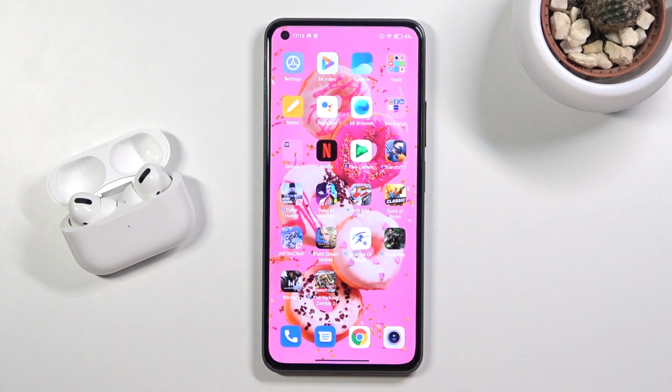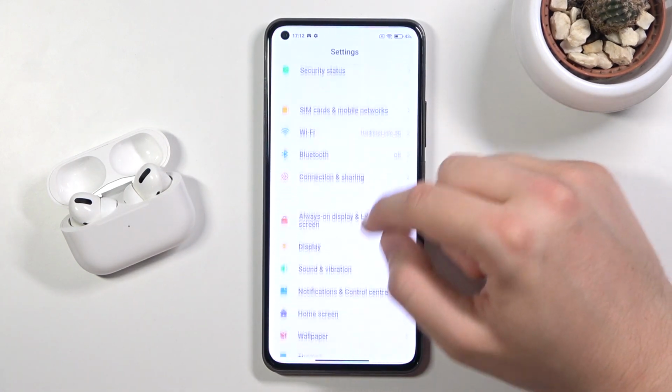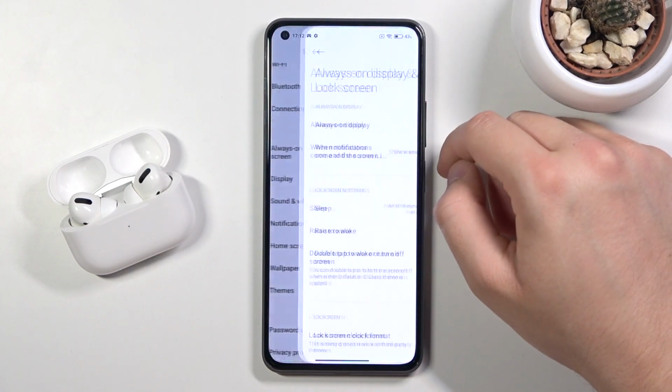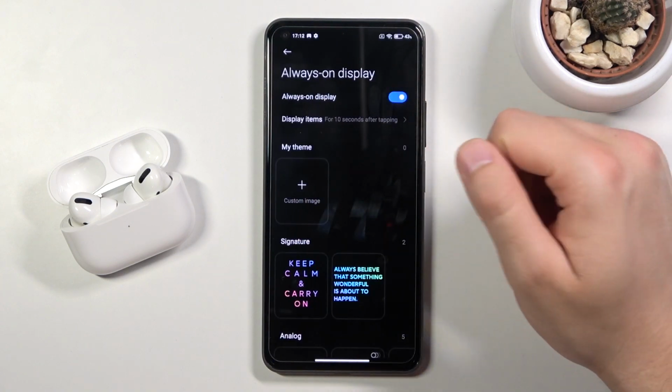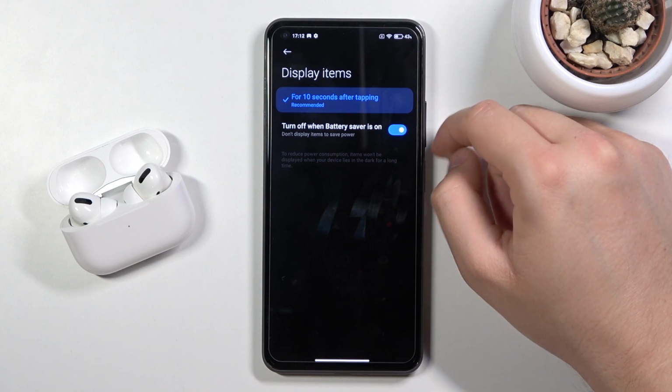Welcome. In front of me I have XIAOMI Mi 11 Lite, and today I will show you how you can customize Always On Display. So at the first you have to go for the settings, find Always On Display in the lock screen, turn it on by tapping on the switcher, and at the first we can activate or deactivate